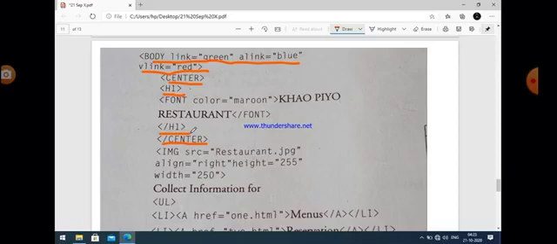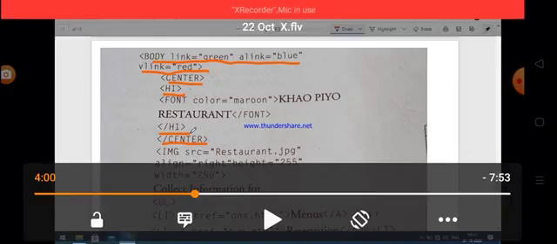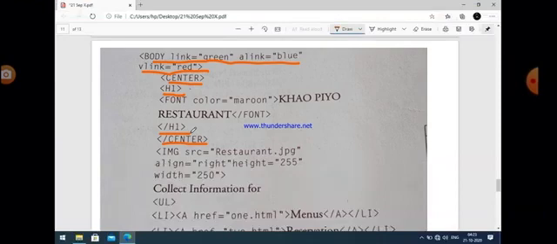Okay, now the heading should be of maroon color. So to represent the color of the heading, we use a tag named font tag. So the font tag is used within the heading tag, within the h1 tag. You can easily see that font, and then we write color maroon. And after that the heading is given, that is Khao Pio Restaurant.